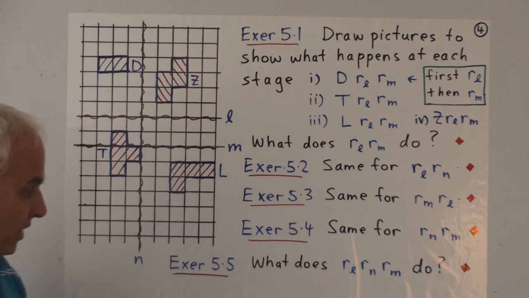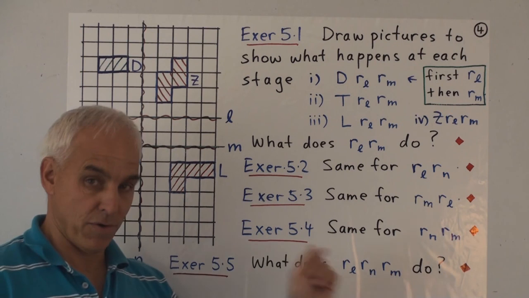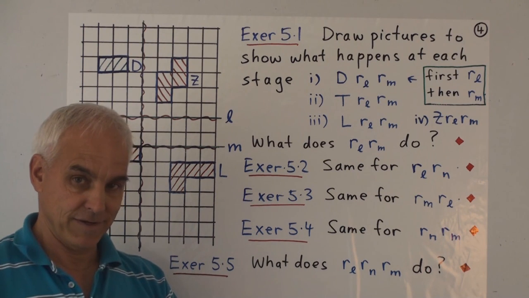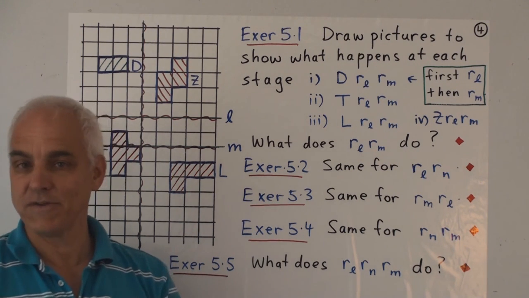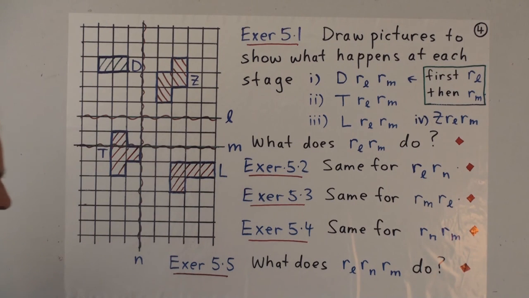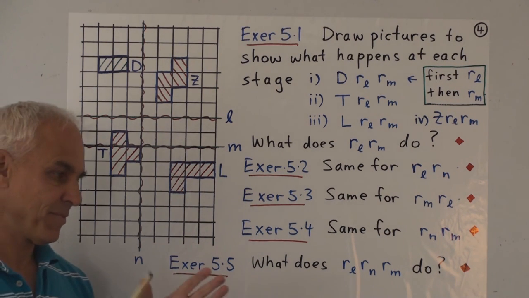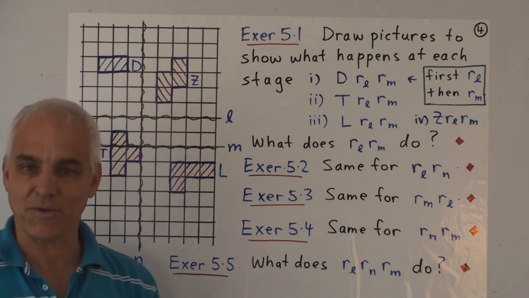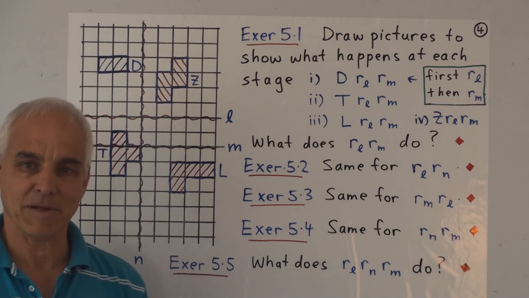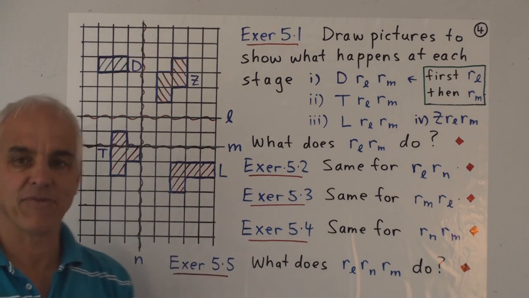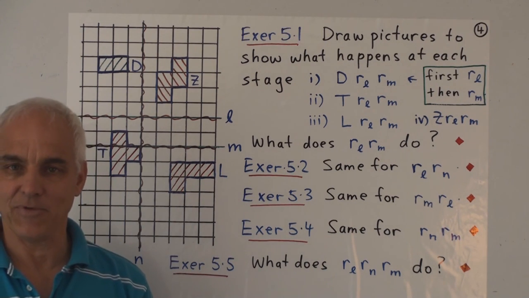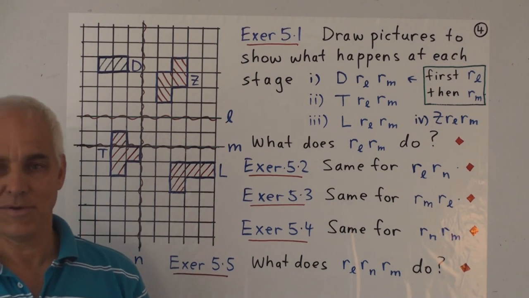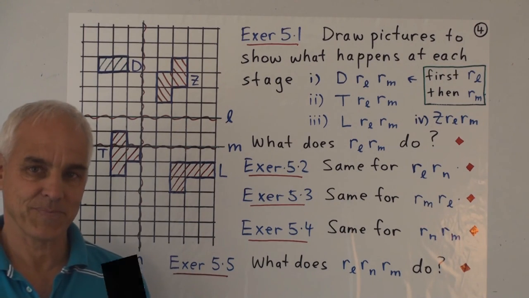You might like to think, what happens if you change the order of the reflections? Does that make a difference? What kind of a difference does it make? So it turns out that the arithmetic of reflections, so to speak, is actually quite an interesting arithmetic. And we'll talk about that a little bit more, but right now just have some fun drawing diagrams and reflecting things, getting used to seeing what reflections do.